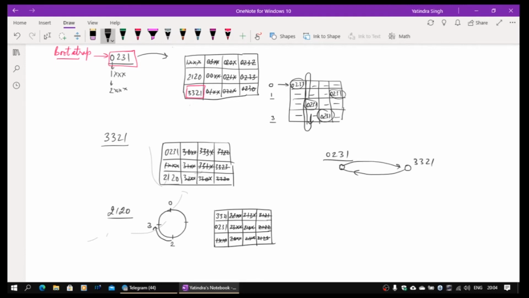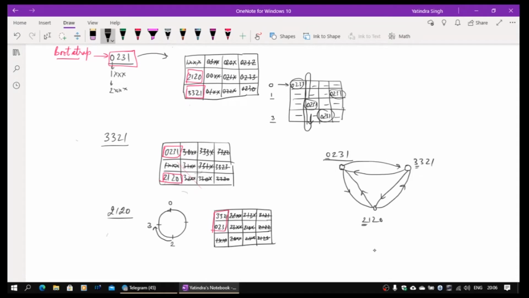So now all 3 have been updated and we have valid entries. This will become 2120 as it is. There is a valid entry here, there is a valid entry here. 3 nodes and each one of them are pointing to each other. So I can now write down the third node here. 3321 will be pointing to this, and this will be pointing to 3321. So all will be pointing to each other. Okay. They are actually from different domains. They start with 2, this starts with 3, and it starts with 0. So they all need to point to each other. So that's what will be the updation.